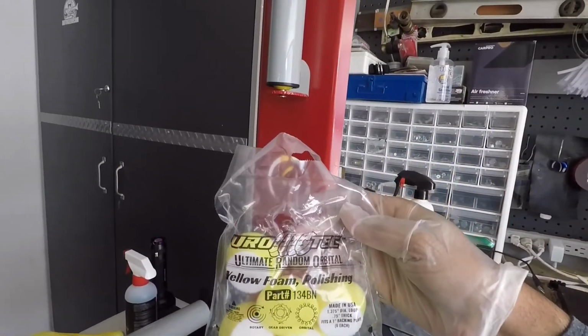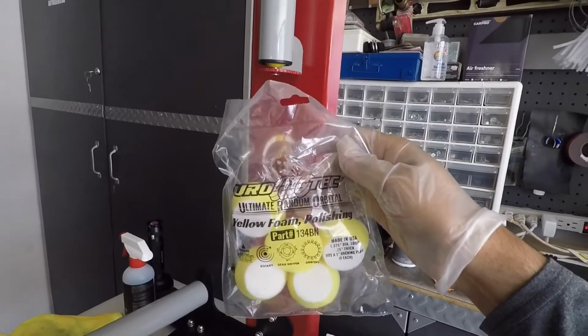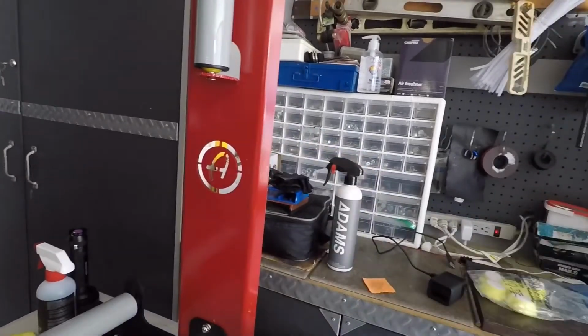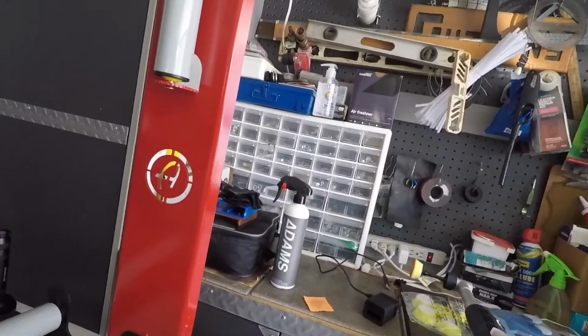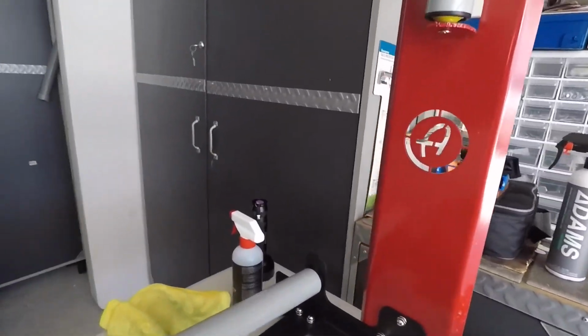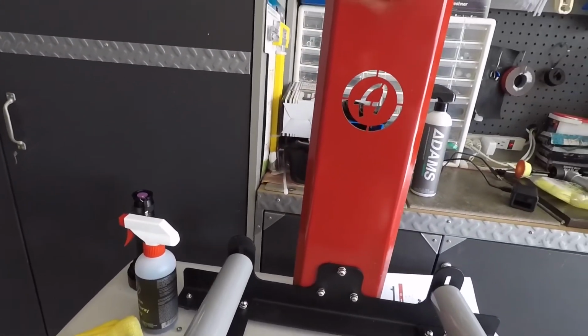Buff and Shine Eurotech. These are the yellow foam pads. These are the 1-inch vacuum plate ones. So I polished it, and you can see it pulled up a little bit of the red paint on here, but it took care of some of the blemishes that were there. And so the last thing I did, and you don't have to do this, I'm doing this because I think